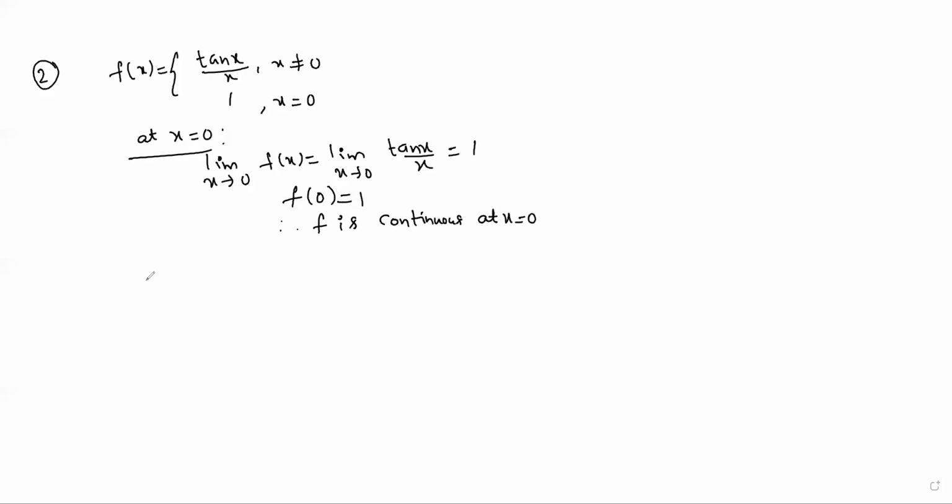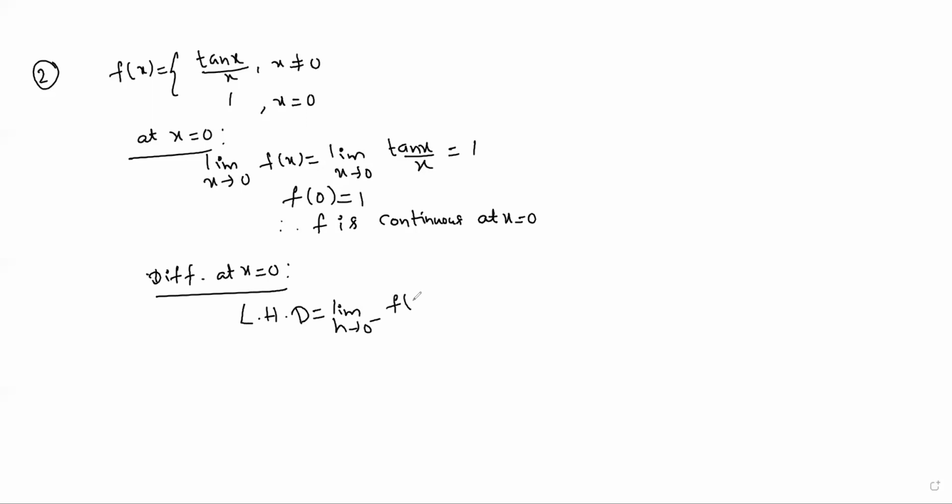Next, we need to check for differentiation. Whether it is differentiable or not, we need to check at 0. Now, how to check differentiability at x equal to 0? For that, we need to take the left hand derivative, LHD. Left hand derivative we are taking, that is limit h tends to 0 minus